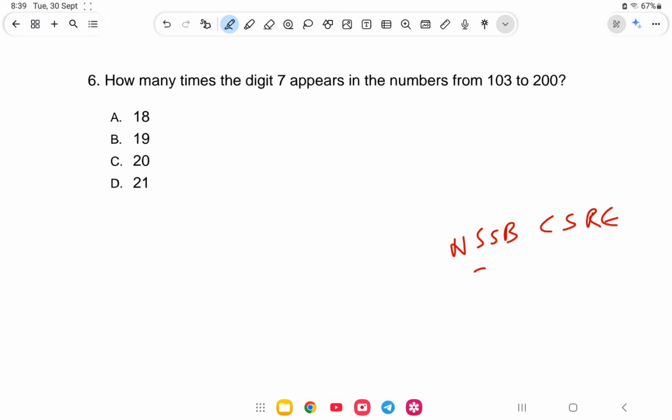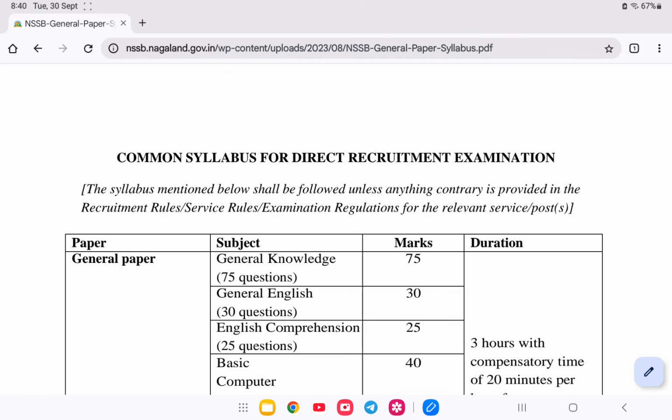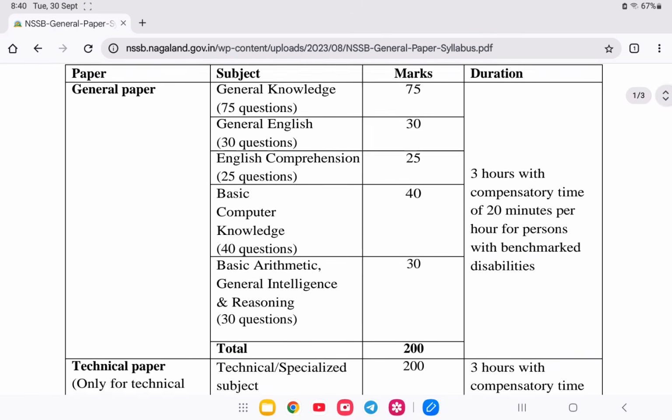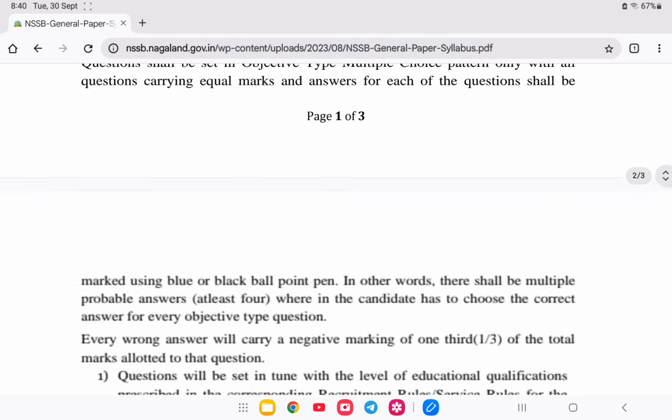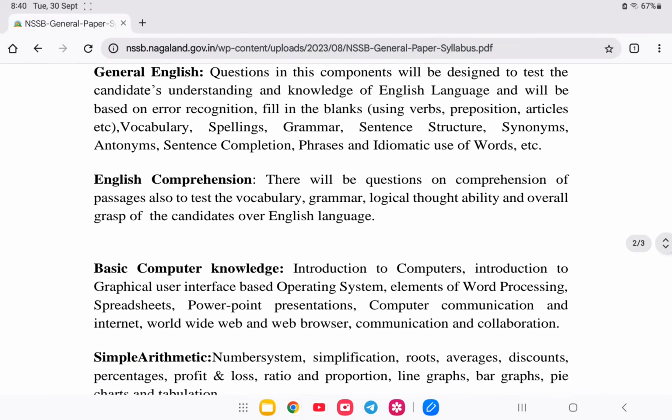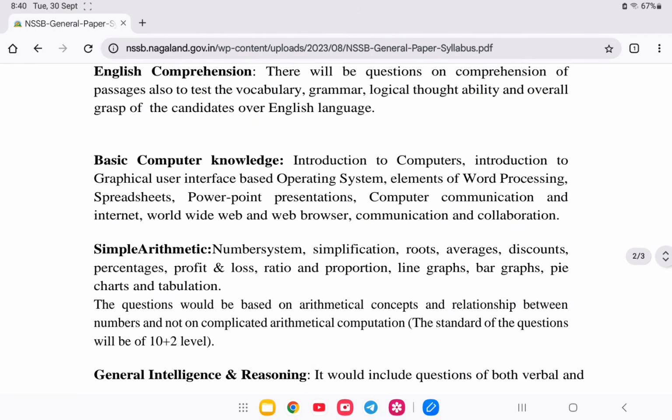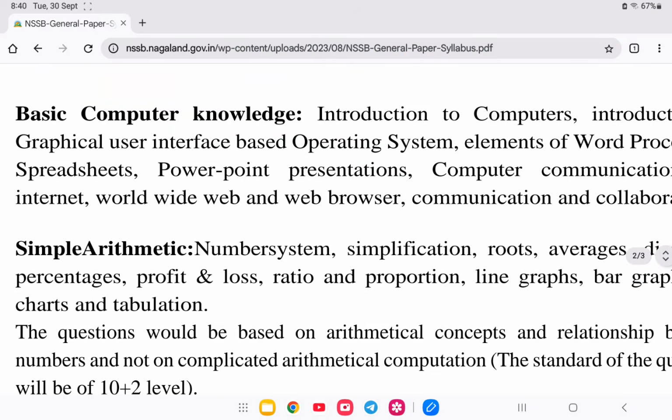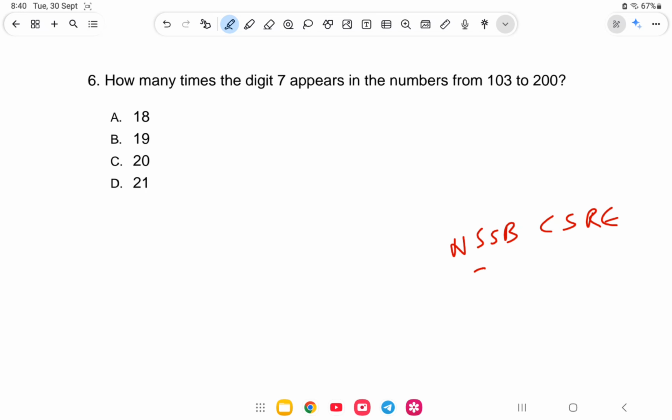As per the syllabus of NSSB CSRE, if you see the syllabus through the website, the first topic in simple arithmetic is the number system. So we'll be doing this piece by piece and in systematic order, that is number system. So let us start the class. So the first question is,